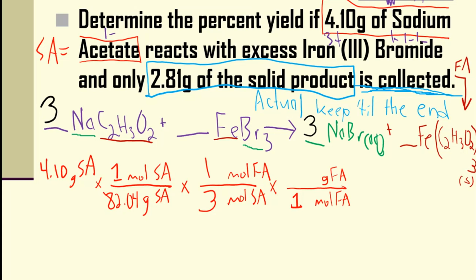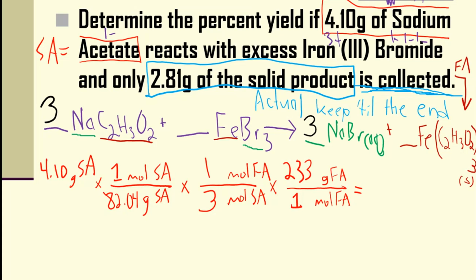Now let's see. For iron acetate, I punch that in real quick. And I do the weight of iron plus 6 carbons. See, 3 times 2 is 6. 9 hydrogens and 6 oxygens. I get 233 grams of iron 3 acetate. So this is my math. This part's going to give me my theory. So I'm going to punch all of that in, and I am going to get